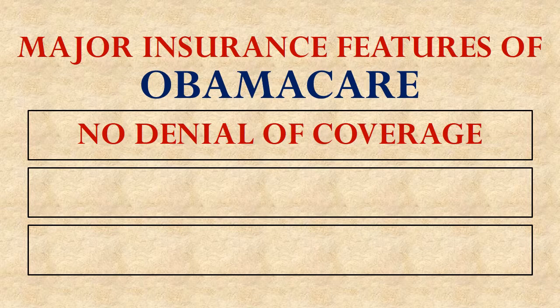Those are, first of all, that a person can't be denied coverage because of some pre-existing condition. So somebody with terminal cancer can walk in and buy insurance and the insurance company can't tell them no. That's something they would have done before, because they would have looked at that person and said, there's no way we'll ever get our money from them. They're a losing proposition, so we aren't going to sell them insurance. But now they have to sell them insurance.